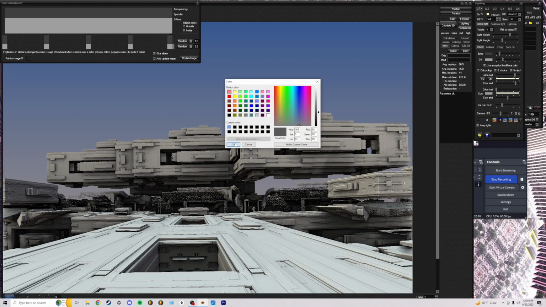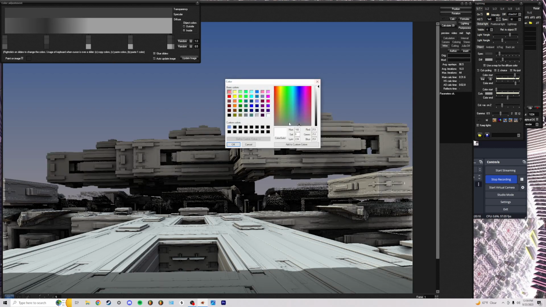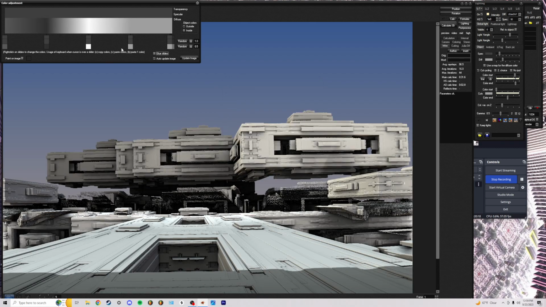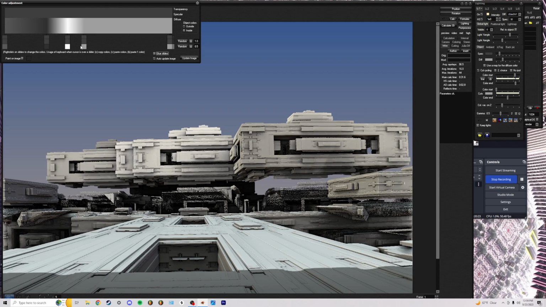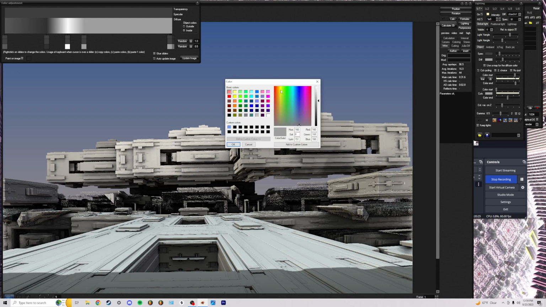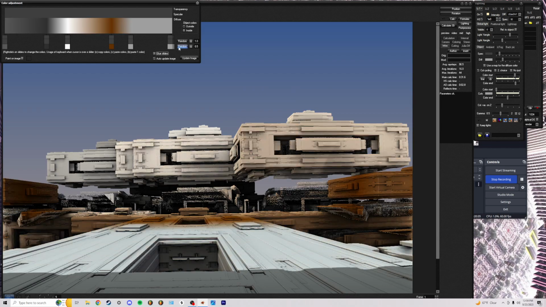Let's keep it as a gray, but let's go for a darker gray, and then an even darker gray, and then you could have a little white in there, but we'll keep it pretty small. There, let's maybe even have some oranges, dark orange, even a brown. Keep it a bit lighter, but